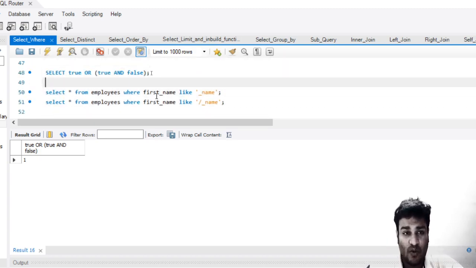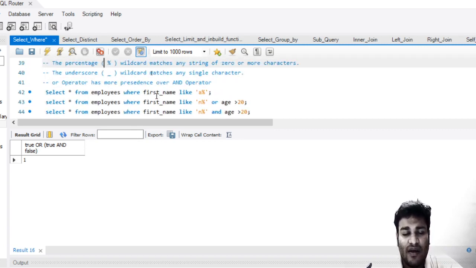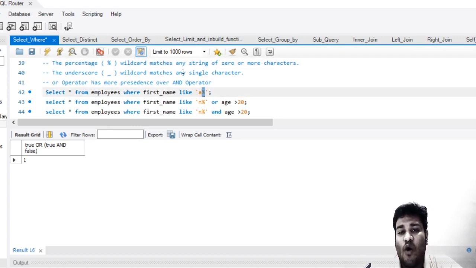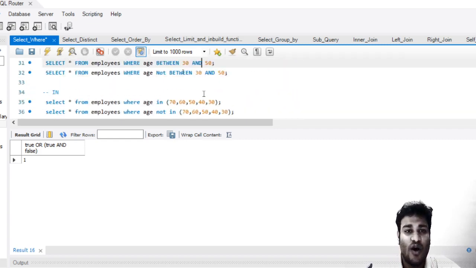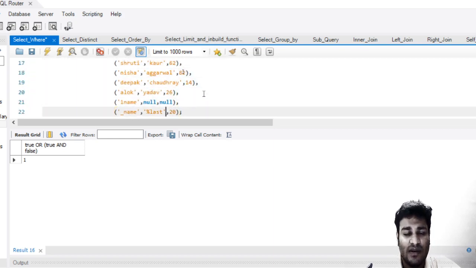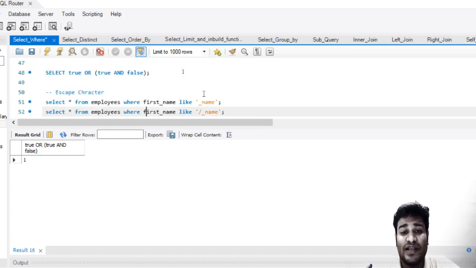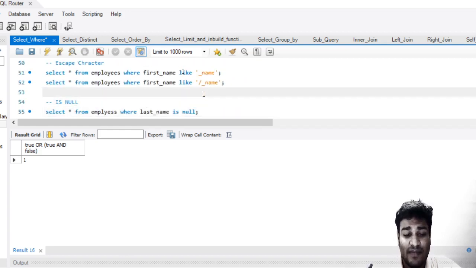Second is the escape character. One more thing that is important is the escape character. So what exactly is escape character? When we say that this is a symbol which means anything after A, what about if our name contains percentage? So this is what I have given over here, right? This last name has percentage. You can see over here that the last name has percentage. What if your data has percentage? How will you specify that? This is something which is given by escape character.